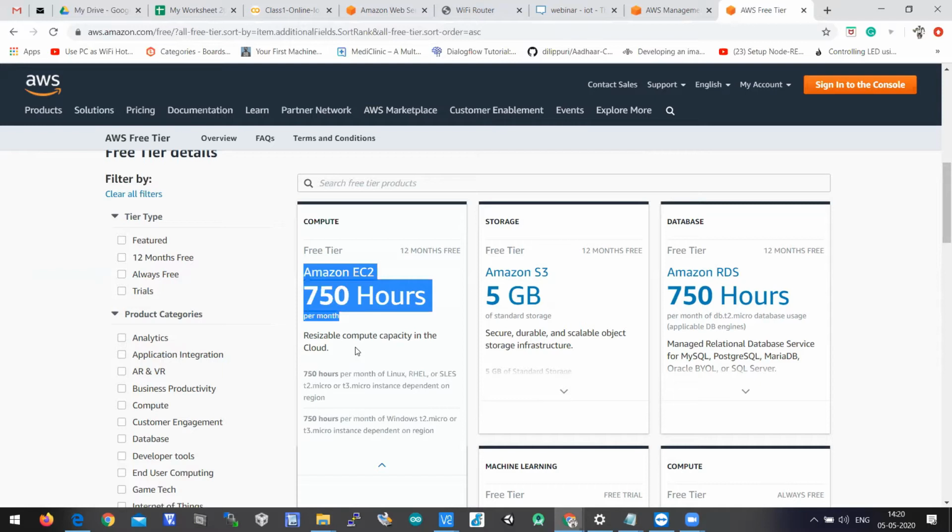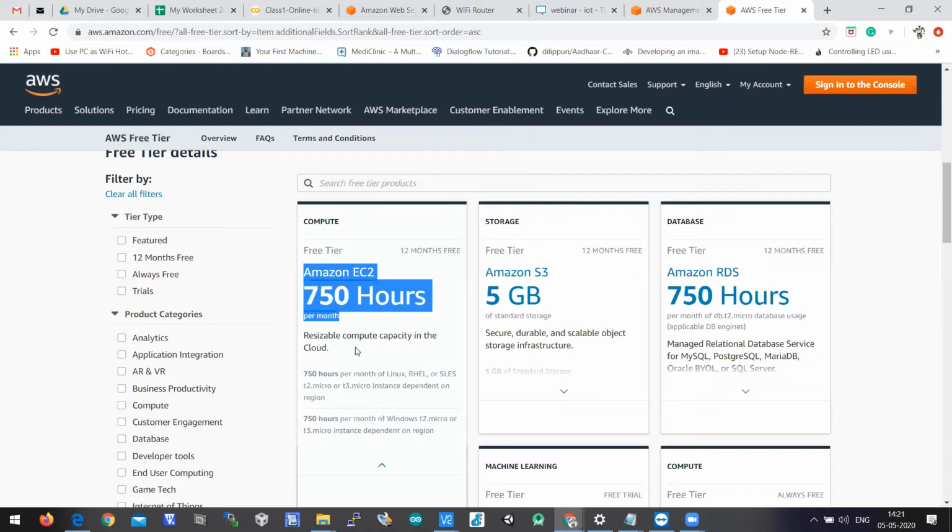Amazon EC2 is completely free only for 750 hours per month. It means that you can run this Amazon Elastic Compute Cloud service only for 750 hours per month. After that, they'll go for the premium plan once you cross 750 hours per month.